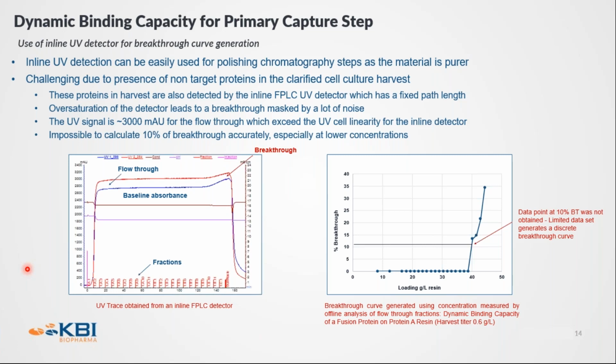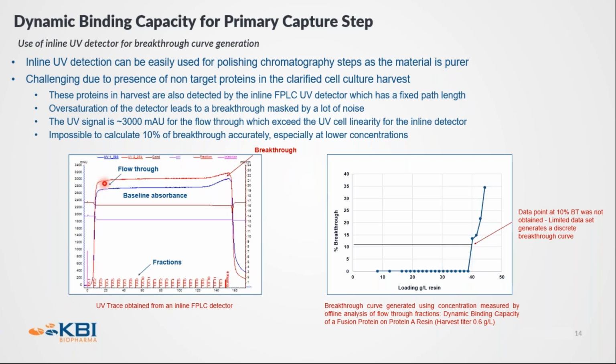This equipment is equipped with an inline UV detector, which gives us the UV trace of the column effluent. Now, these detectors are fixed path length detectors, so they can only measure concentration up to a certain limit, above which the detector gets saturated because of the fixed path length. So when we start flowing the feed stream through the protein A column, initially what we see